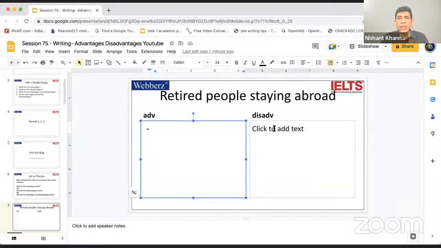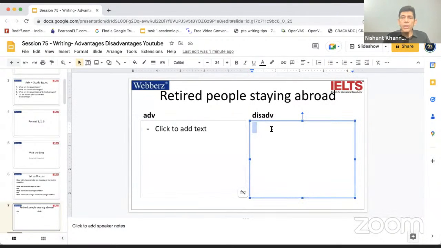A lot of people from the UK go to New Zealand to stay there. New Zealand is a very peaceful country, extremely peaceful. Why would they go to New Zealand to stay there? What can be the reason for this? Okay, let us see some more things. Jaspinder and Dhava says, I will call them to stay with me and I will take charge of the health. Okay. Let us see now the advantage and disadvantage of people staying abroad.